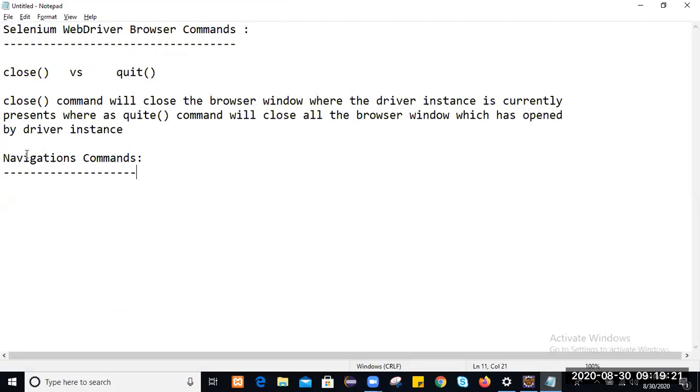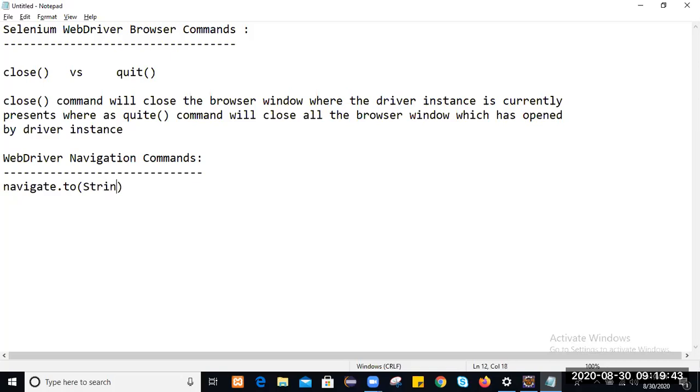Just don't say only navigation, say WebDriver navigation commands. So we have four navigation commands. What are those? navigate.to is the first command.